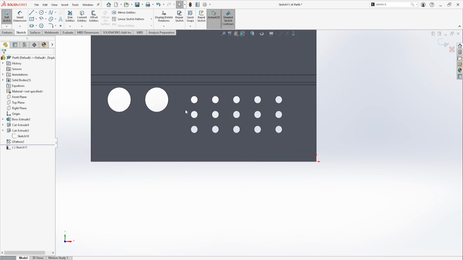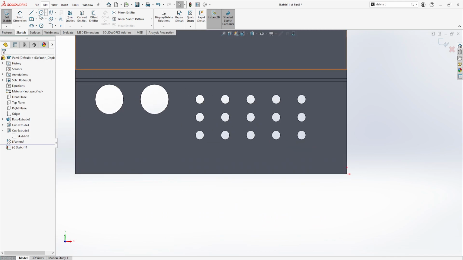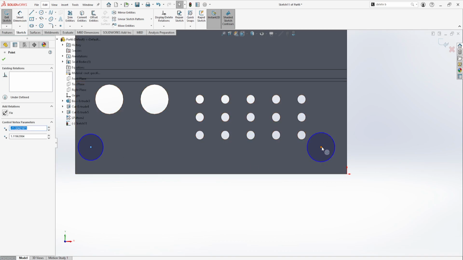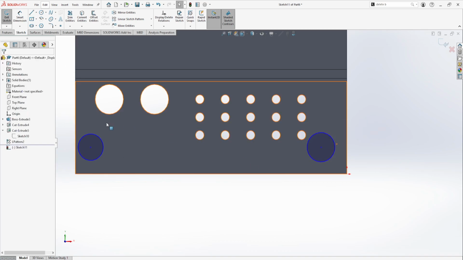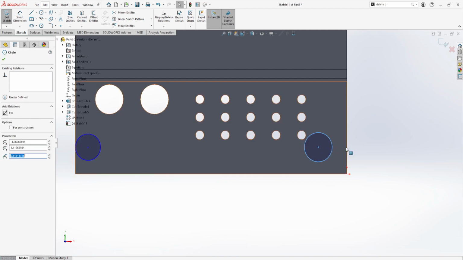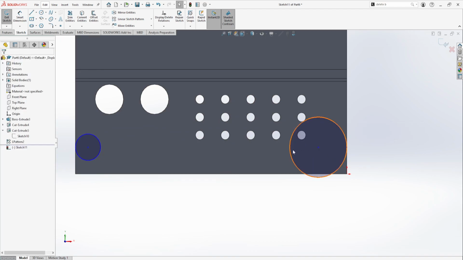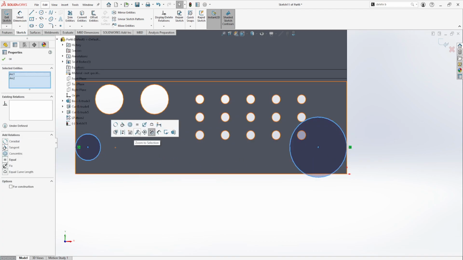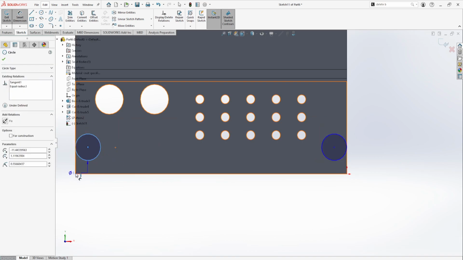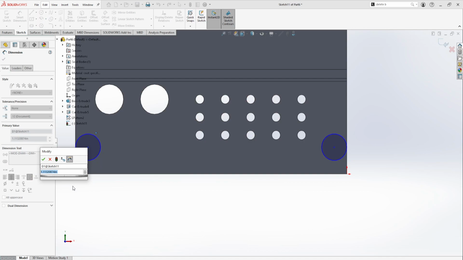and so that it is a single entity, I like to draw two circles. We can make them horizontal to each other. This guy and this guy can be tangent. Tangent. And this can be equal. Let's set the dimension. So those are supposed to be 1 3/8 radius, so